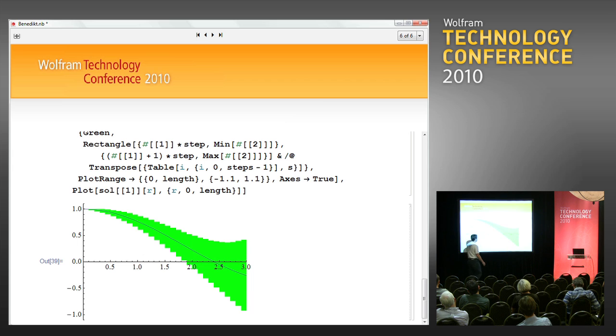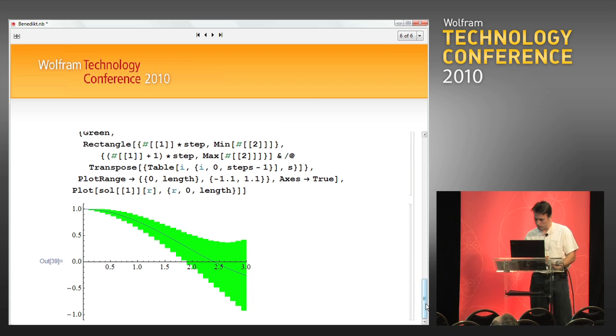Of course, NDSolve gives a result which is precise enough, but NDSolve doesn't give any guaranteed error estimates. So the green area has the advantage that it's guaranteed. The solution must lie in this area. And of course, if we take smaller steps, we get a better result,